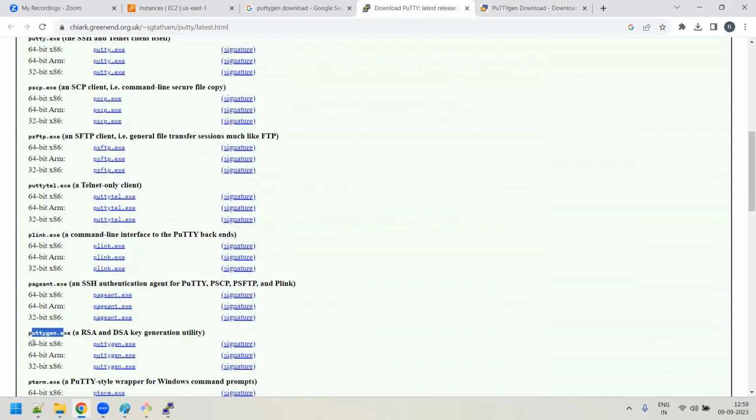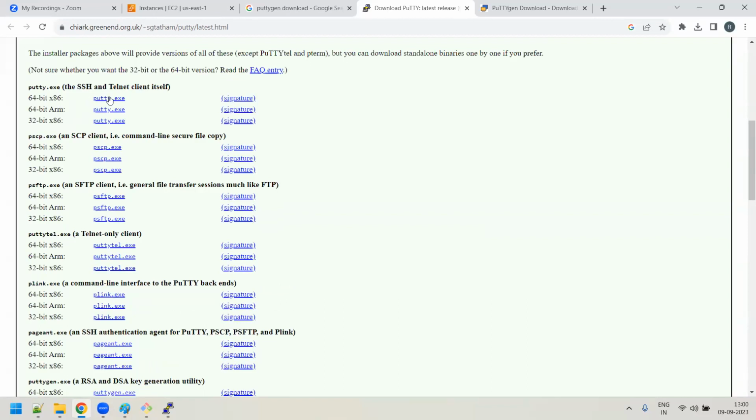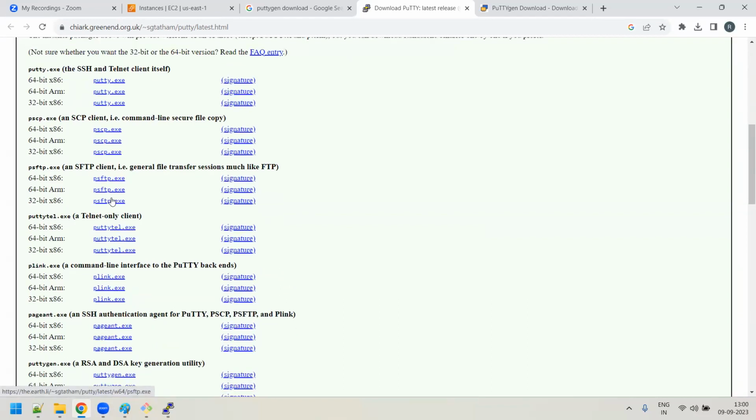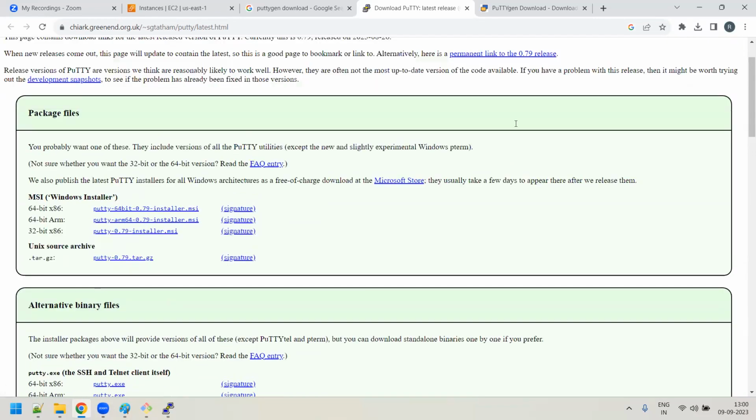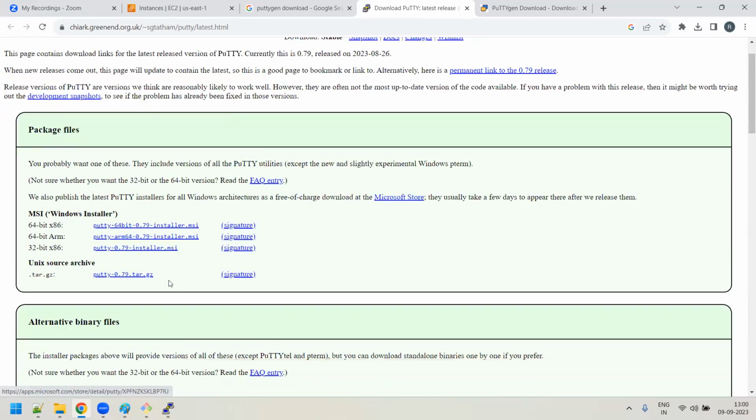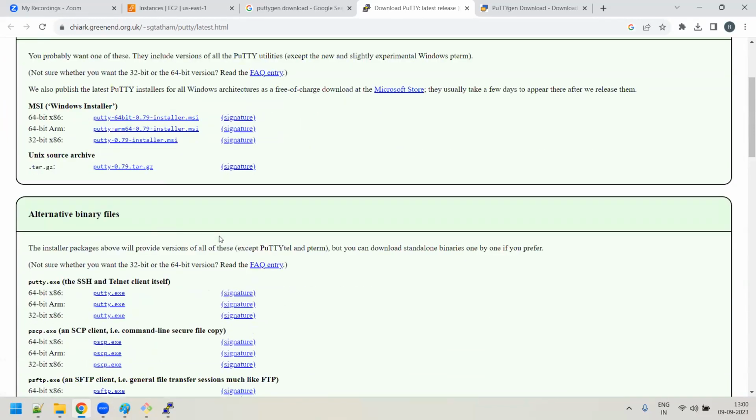Puttygen.exe also you need to download the 64-bit x86, because our laptops are x86 processors. You shouldn't download the ARM or the 32-bit. No, it will not work. Please download this. Puttygen and putty.exe, both have to be downloaded. Is it clear? If you just click on it, it will start downloading, sir.